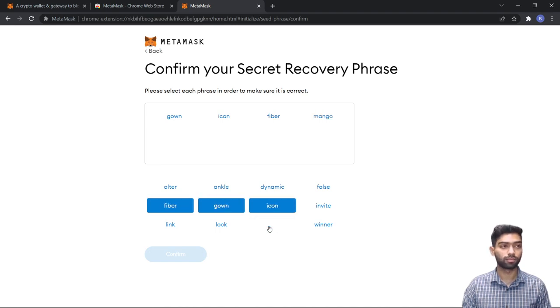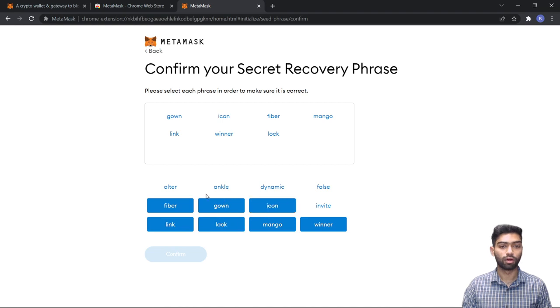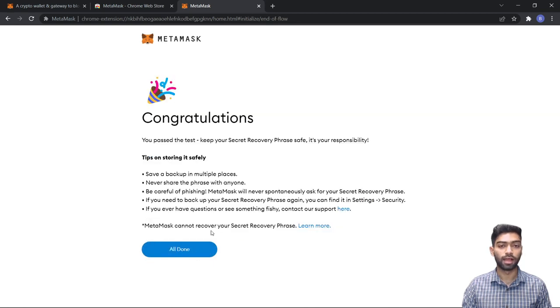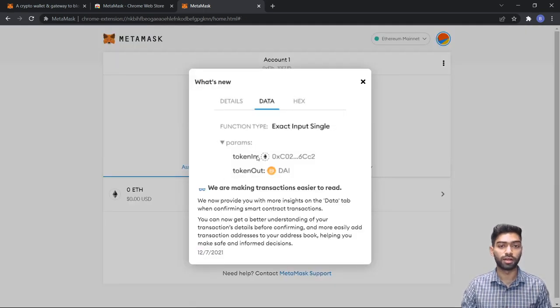mango, link, winner, lock, alter, ankle, dynamic, invite, and false. I click on confirm, and now I have successfully got the access to my account. I'll click on all done,